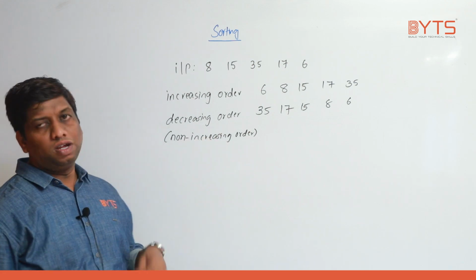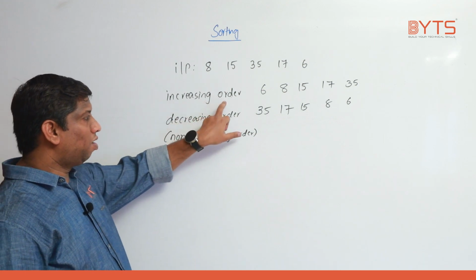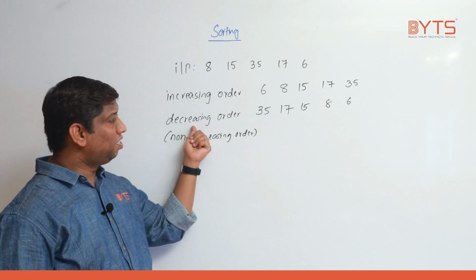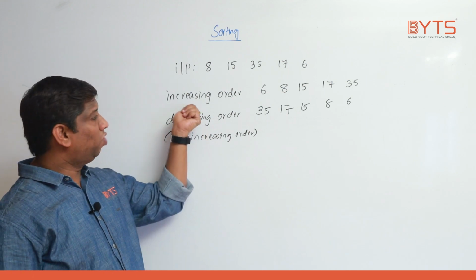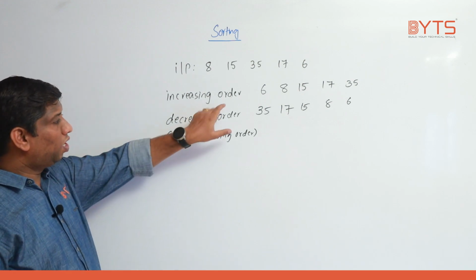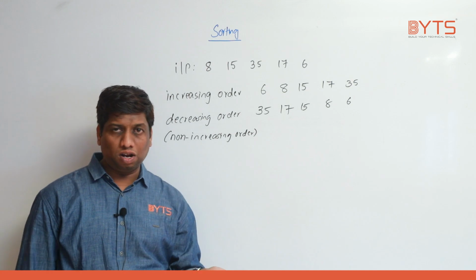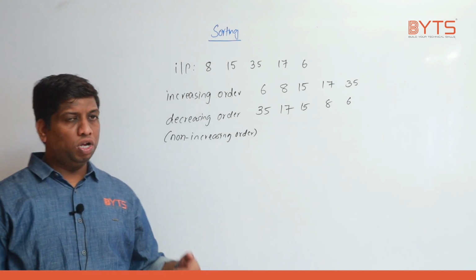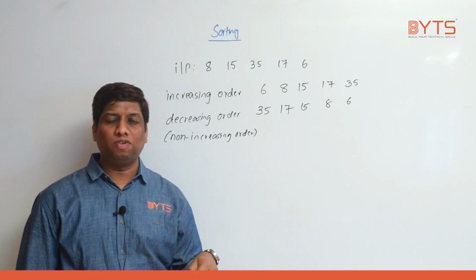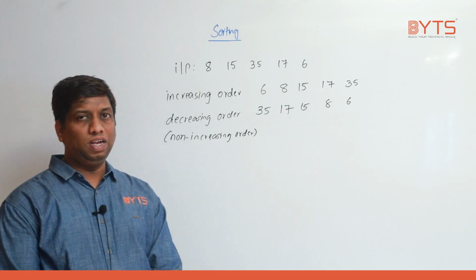Another interesting point we have seen is, if you are able to obtain increasing order, then by reversing it you are able to get decreasing order. If you are able to obtain decreasing order, by reversing it we are able to obtain increasing order. So whether you get increasing or decreasing order, reversing will give you the other order. In our classes, we are going to see increasing order. If you want decreasing order, you just reverse the data. I hope this is very clear.